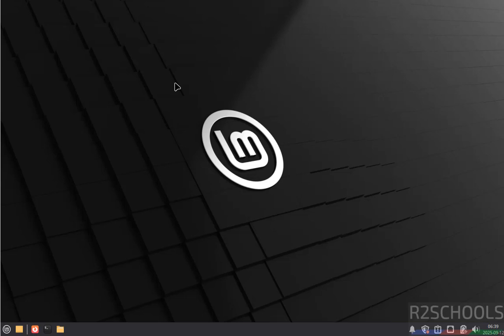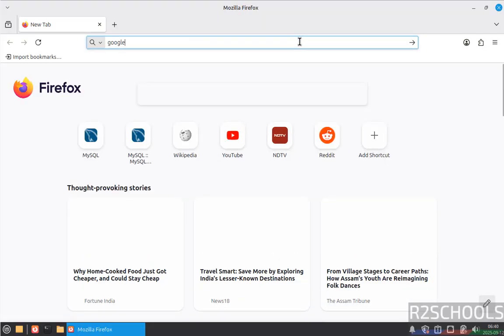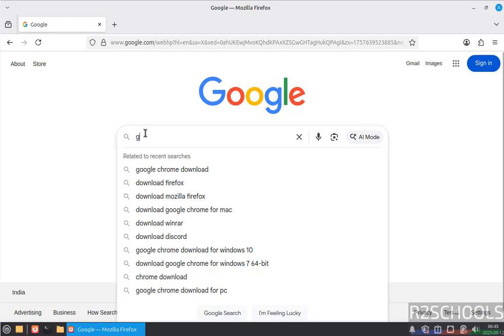Hello guys, in this video we will see how to install Google Chrome current stable version on Linux Mint 22.2, but the process is same on all Linux Mint operating systems. Okay, first open the default browser that comes with Linux Mint, that is Firefox. Then go to Google or any search engine. Now search for Google Chrome